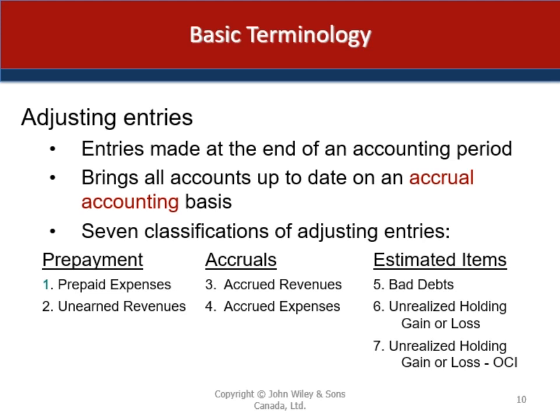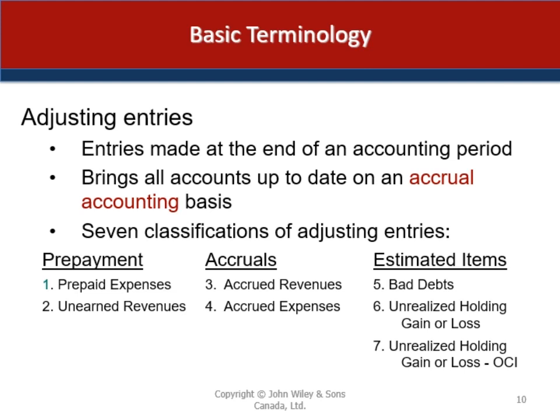One common characteristic of adjusting entries is that they affect at least one permanent account or a real account, so assets, liabilities, a balance sheet account, if you will, and one nominal or temporary account such as revenue or expense. Adjusting entries are usually made for items classified as prepaid expenses, unearned revenues, accrued expenses, accrued revenues, and other estimated items. We have some listed here: bad debts, holding gains and losses